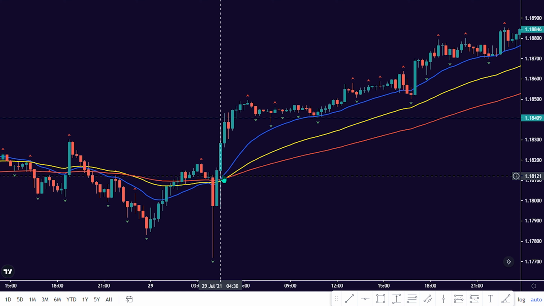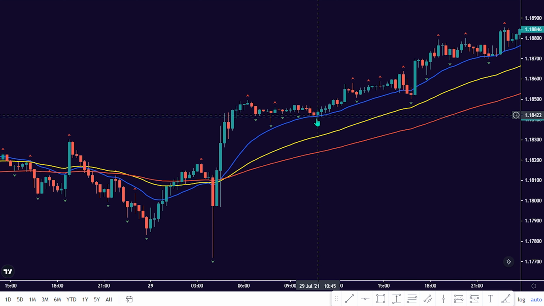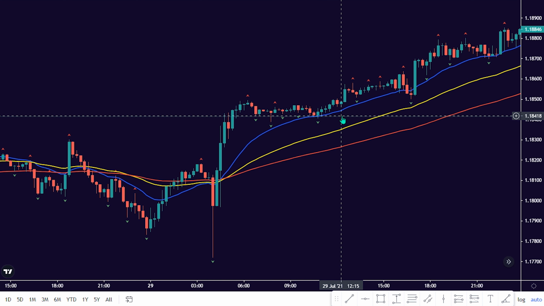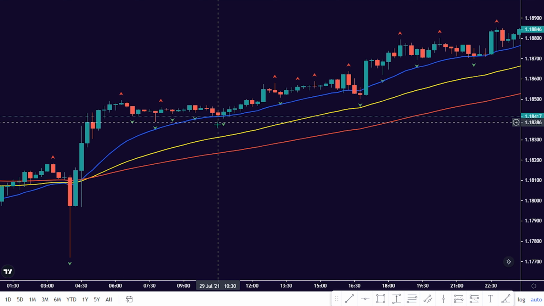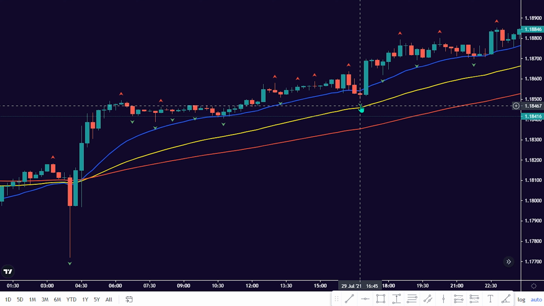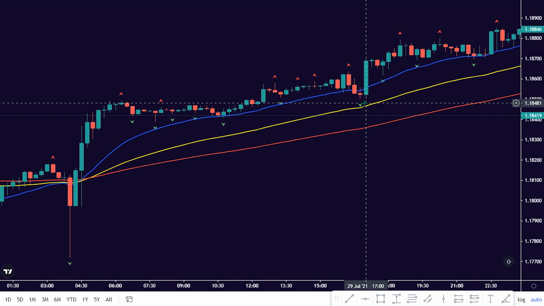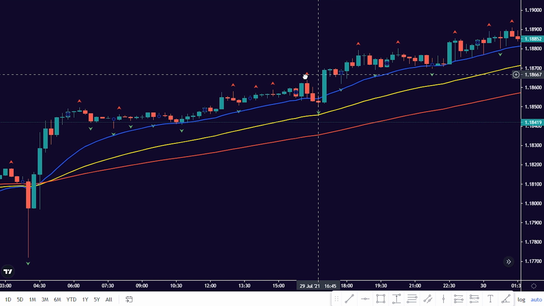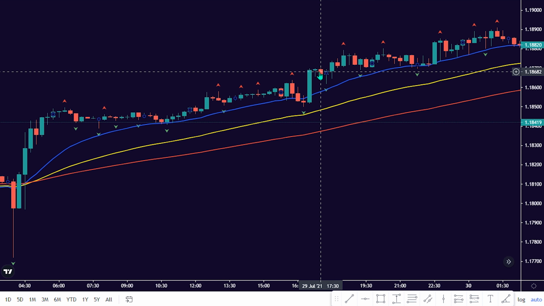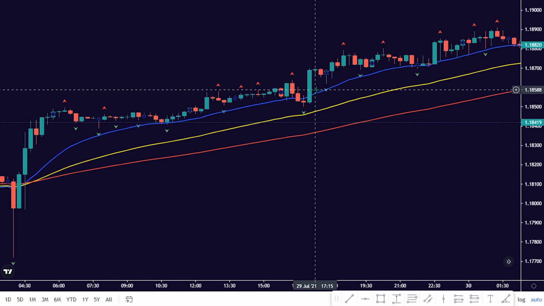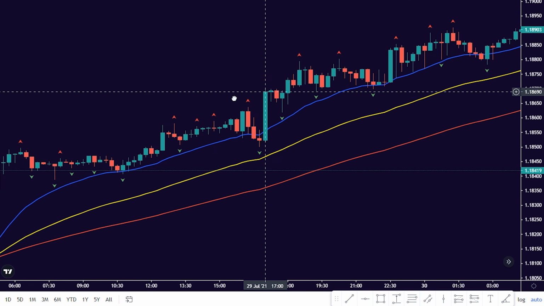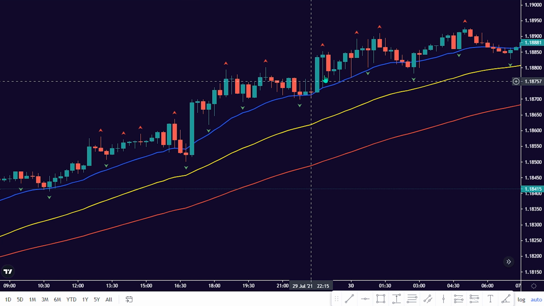Next is to patiently wait for price to pull back into the EMA periods. Once we have price pullback into the EMA, then we wait for the fractal indicator to generate a green signal. This green signal is a confirmation of the bullish move. We can then proceed to make a buy entry on the next bullish candlestick. As we can see here, the next bullish opening candlestick gave confirmation of the bullish move